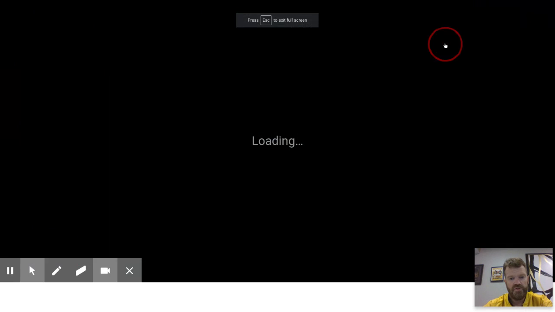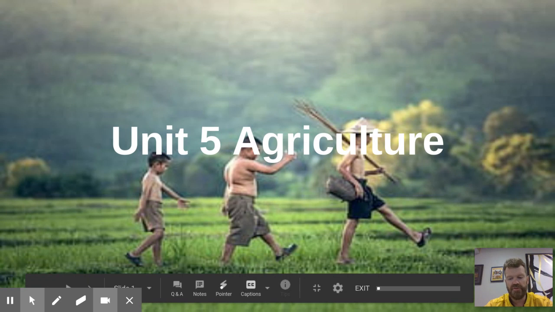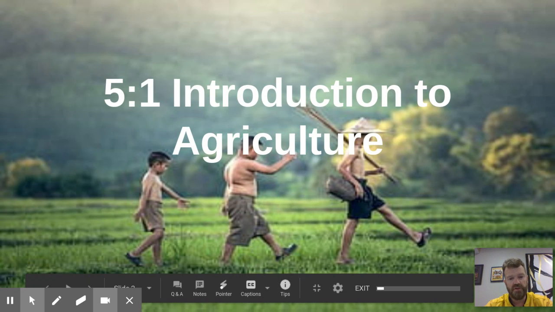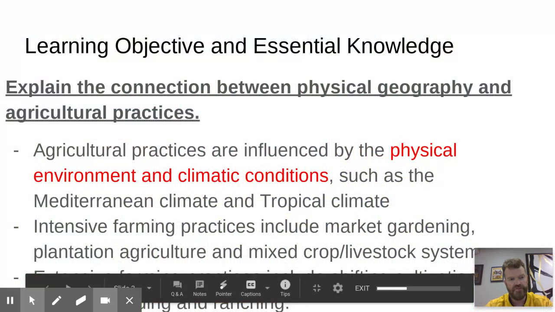All right, so we start Unit 5 Agriculture this week. So we start with Unit 5, Lesson 1. That is the introduction to agriculture. So you kind of get a basic understanding of different types of agriculture and where those different types of agriculture take place. So the objective for this one, for 5.1, is to explain the connection between physical geography and the